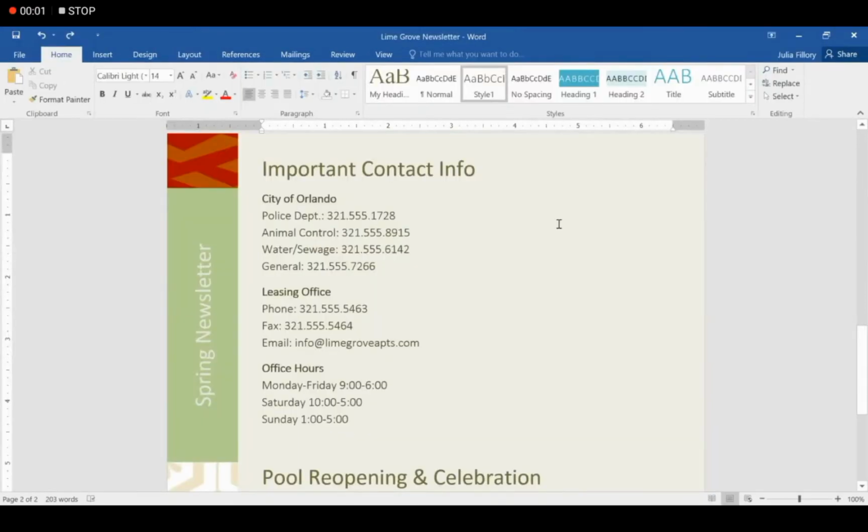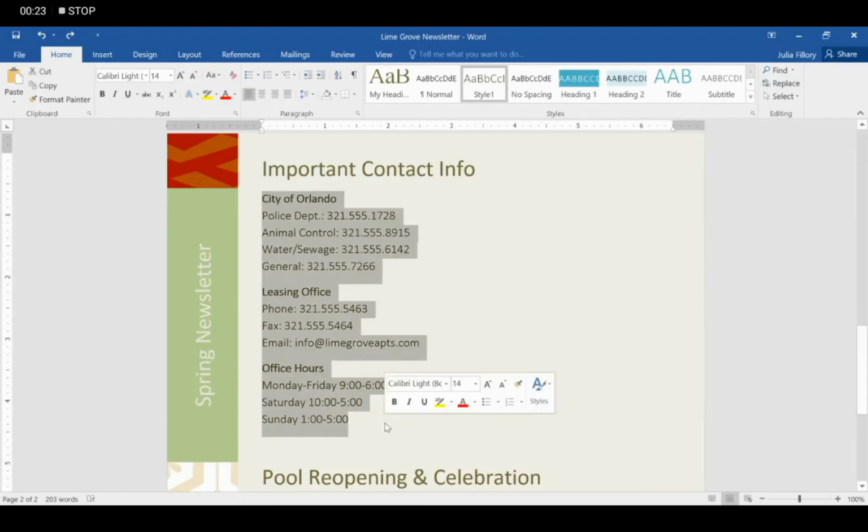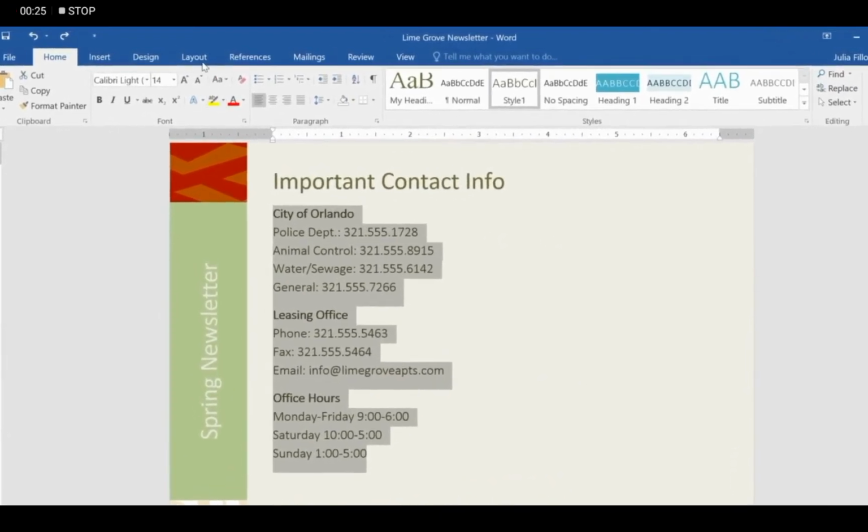Now we will learn some column adjustment and column settings. As you can see, the data on this page is on the left side and the right side is empty, so I am going to fix it. To use the blank area, I am going to select all the data.